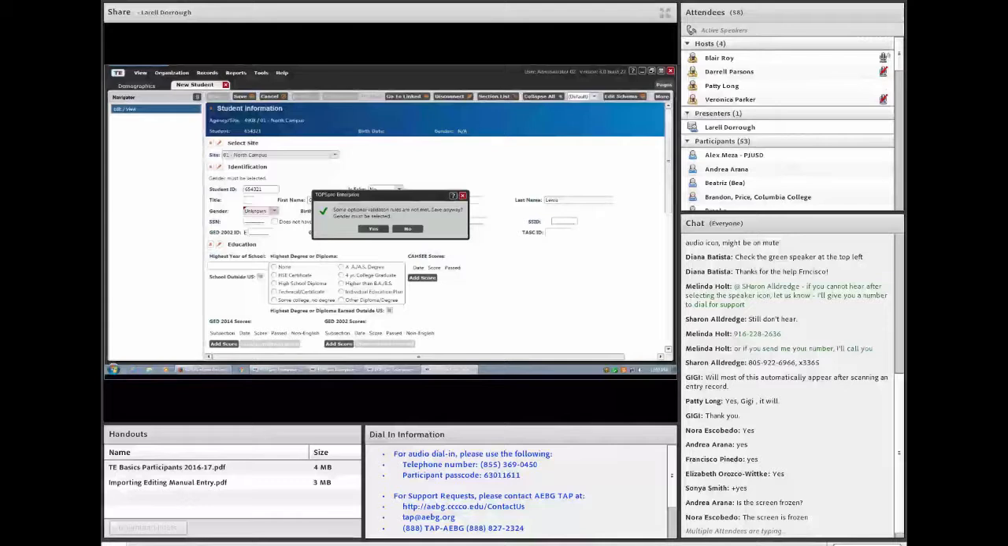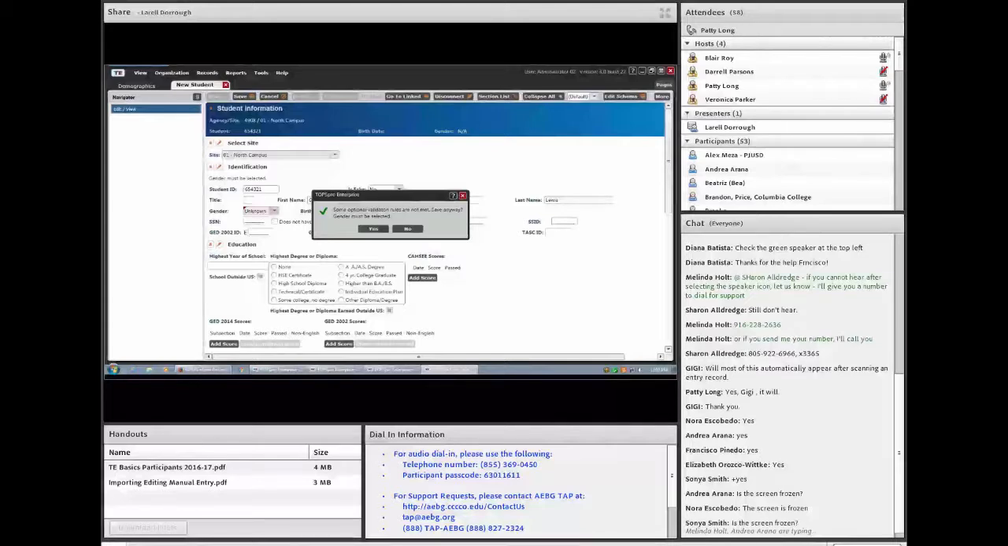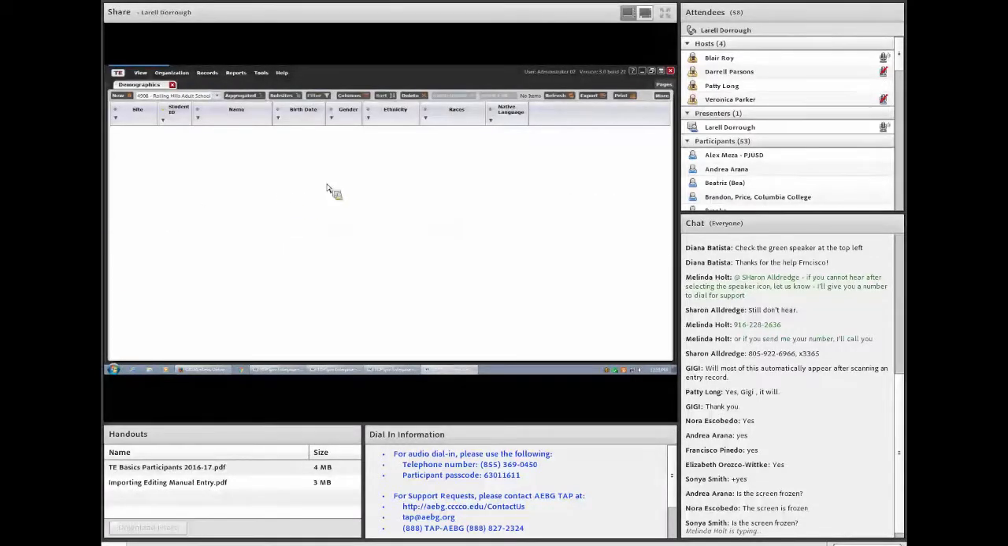So, yes? Laurel, it looks like your screen might have frozen back on the new student information. Oh, wow, okay. Can you F5 it? Let's see. There we go. Is that better? All right, yay. Good deal. Okay, so